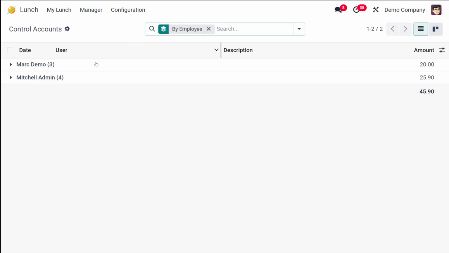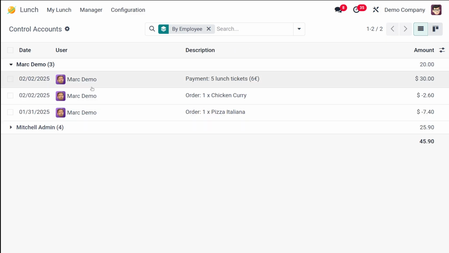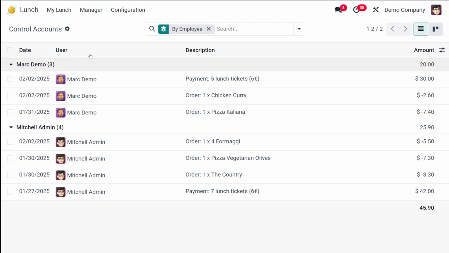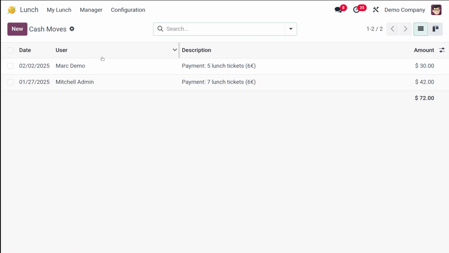Based on accounts also you can do that. For Mark Demo, how many orders are there? For Michelle Admin, how many orders are there? So based on accounts also the manager can control it and also control the cash moves of different users. For Mark Demo, the description and the amount is there, similar to Michelle Admin.